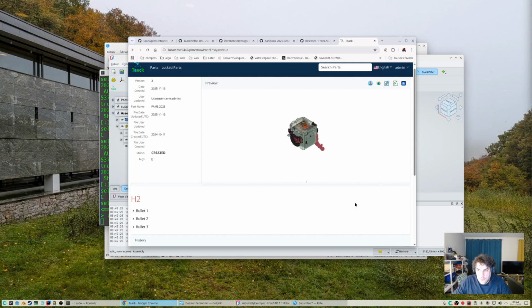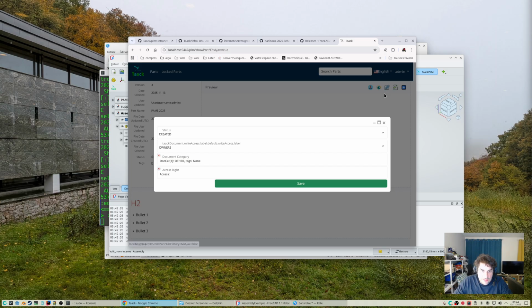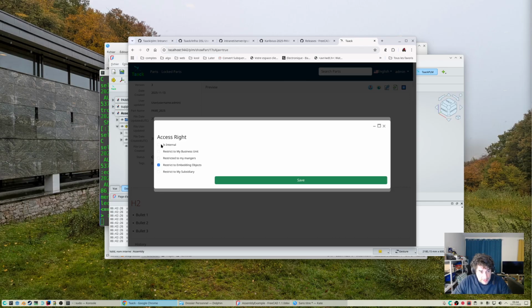One last word about this new version is that now you can edit credentials: who is able to edit the file or to see the file. Here you have the read access, in fact, the base access right. So it depends on your company. You can restrict to your business unit, to your managers, or only to your subsidiary, as you wish.